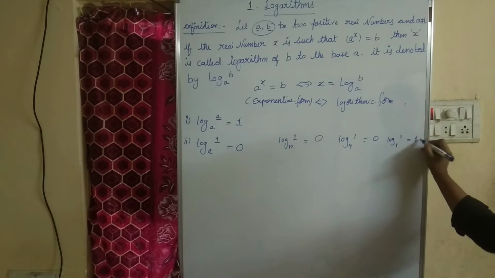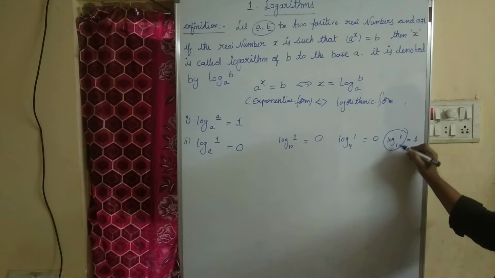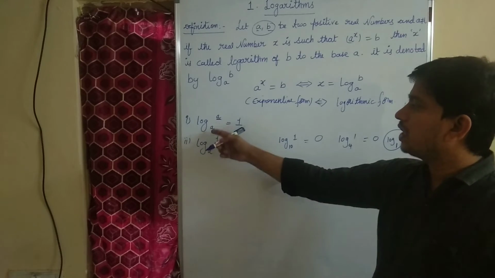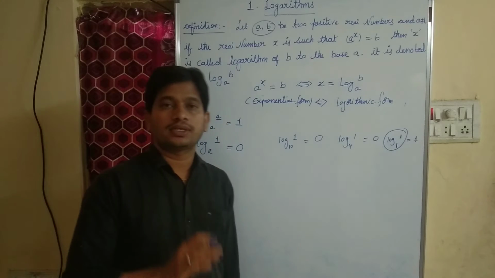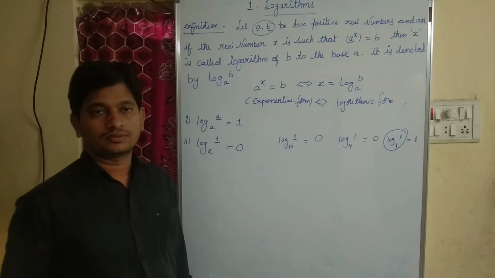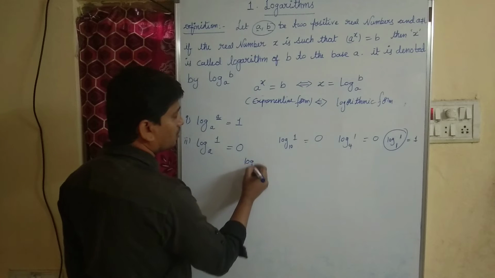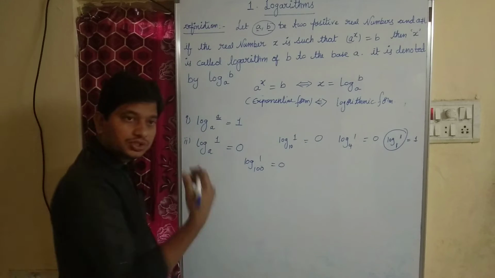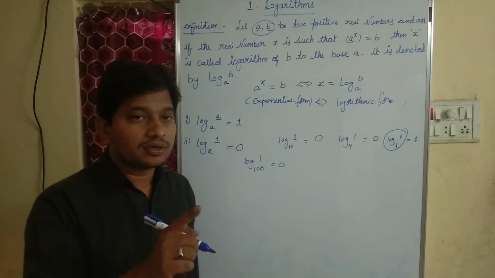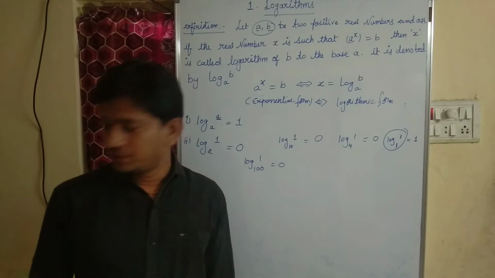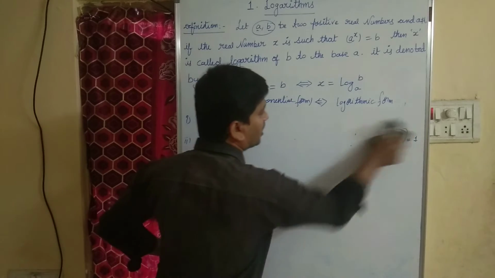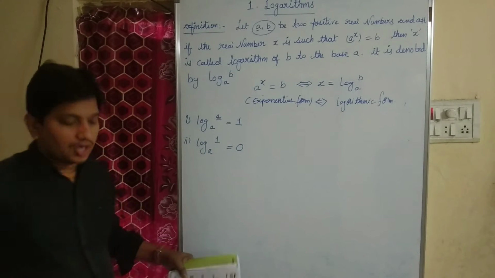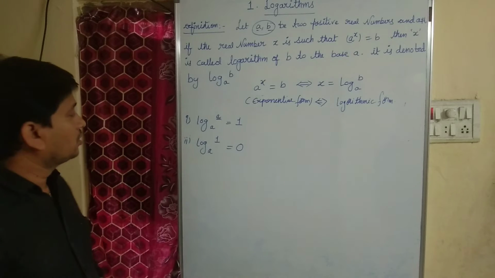Now, can you tell me the logarithm of 1 to the base 1? In this case the answer should be 1, because the number and the base are both the same. According to theorem 1, log a to the base a is 1. The logarithm of 1 to any base is 0 except base 1. For example, log 1 to the base 100, what is the answer? 0. If the number is 1 and the base is another number, the result is 0. So this is our second theorem: log a to the base a equals 1; second, log 1 to the base a equals 0.